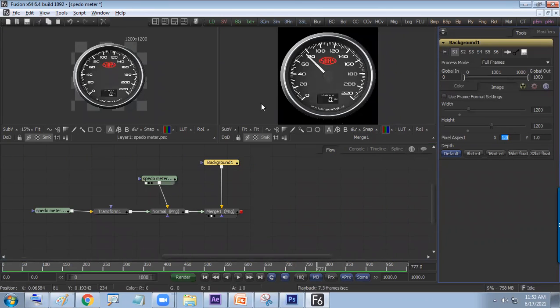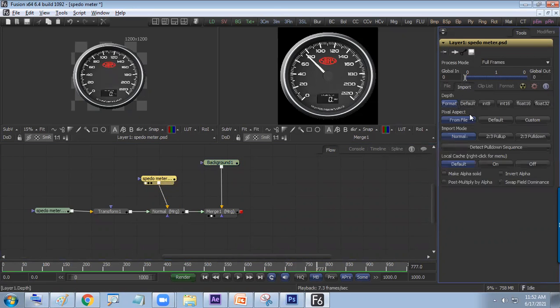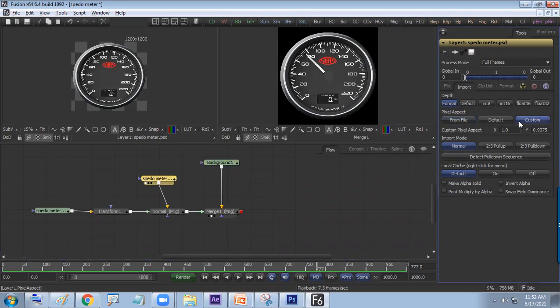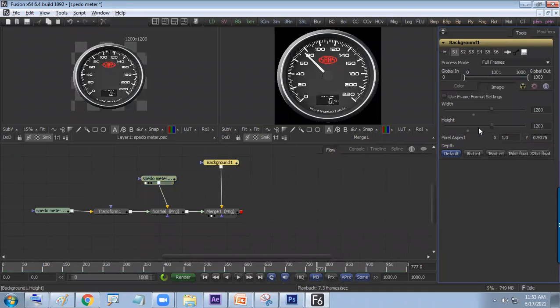Is it clear? And pixel aspect ratio does matter. So how to find the pixel aspect ratio of it? Inside the format or import, you can see the default pixel aspect ratio is used, but you can customize that. 1.0937 is the own to it. Same thing we can adapt here, so the output remains the same. So how to take the input and output from the source that we have seen now, and how to make an animation also.